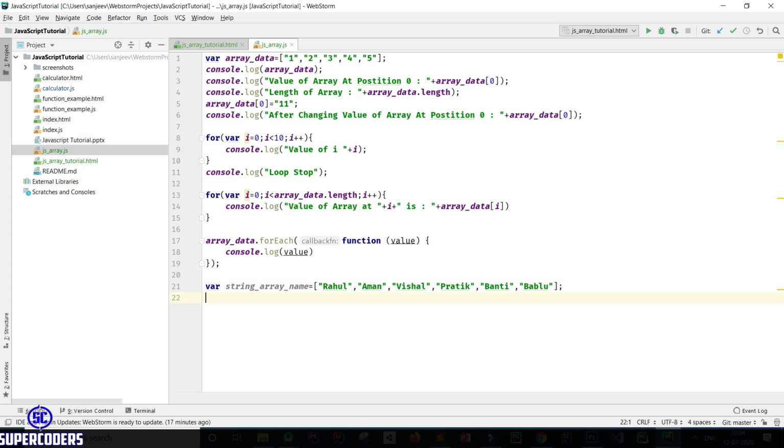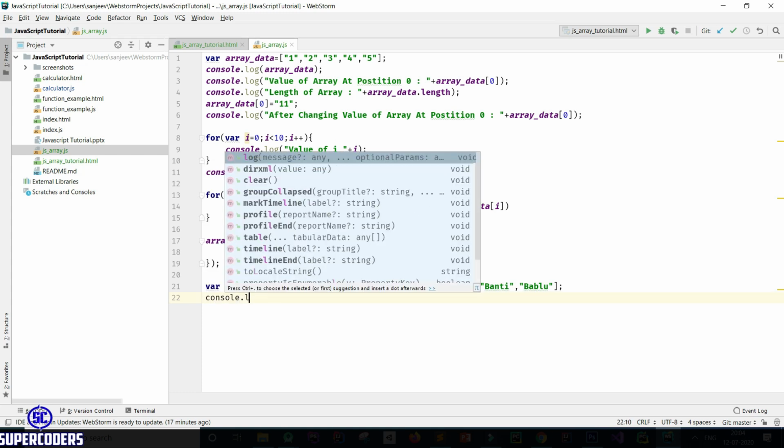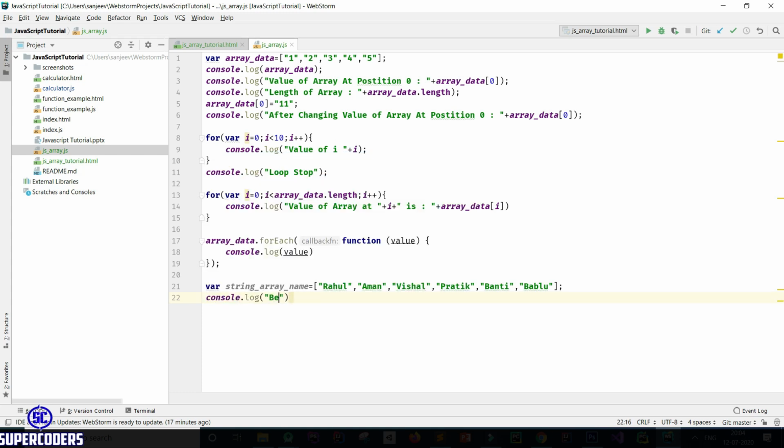Now let's see how you can sort this string data. You can see they are not sorted. First printing the simple array, console.log before sorting of array. Then printing console.log string array name.